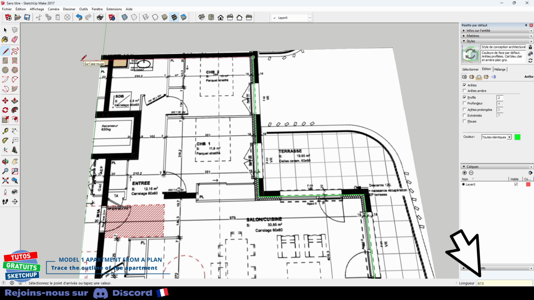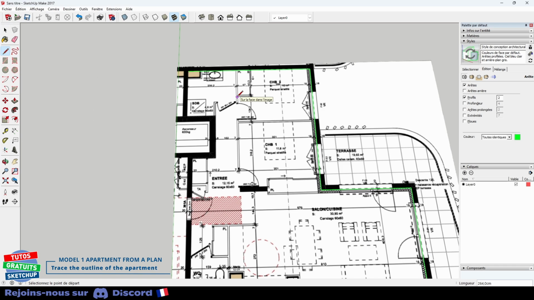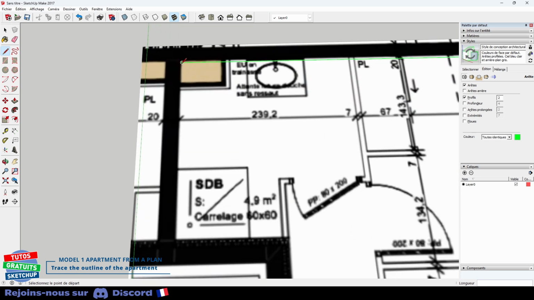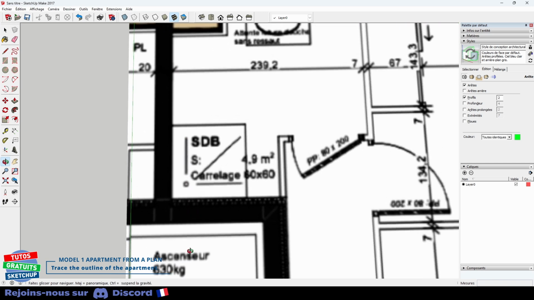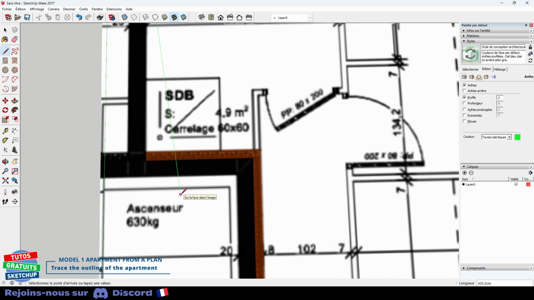Here, 613.2. On the other hand, for the left side here, there is no dimension for the height, and here, we're going to do it as close to the plan as possible. To be as precise as possible, I will zoom in heavily on the area. I'm starting here again from my end. Attention here, because you can see it very well. I have a thickness of 8 centimeters of insulation. You can see it here. I put myself roughly there, I click. And so I make the outline.